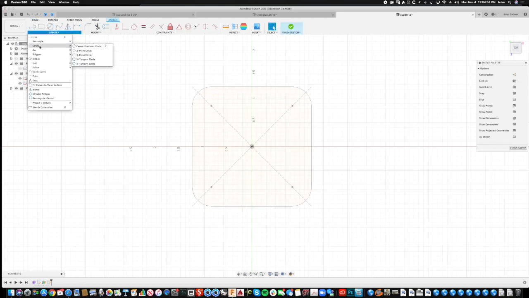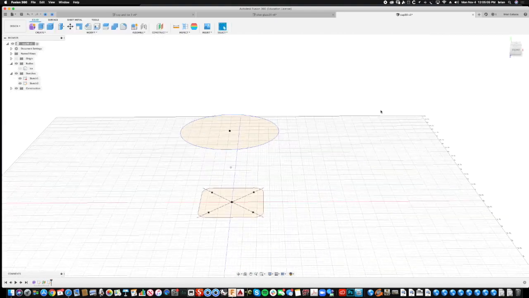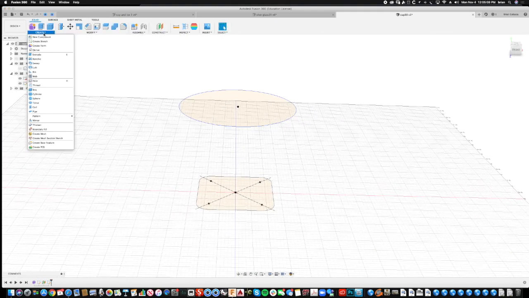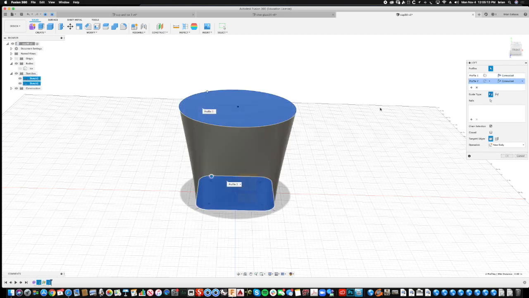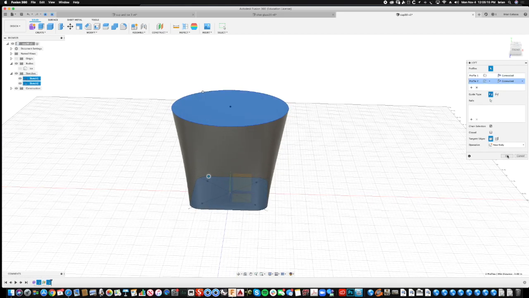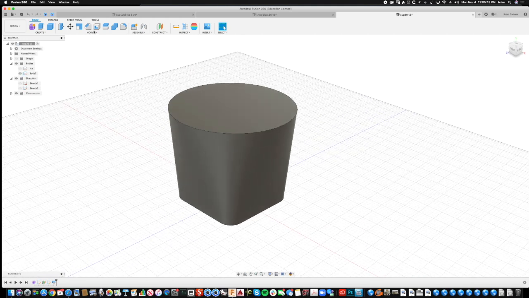Now I want to select a circle, center diameter circle, and center, and a little bit bigger. And I don't care what that dimension is, I'm just visually doing this. Finish sketch, and I've got this. Now I'm going to create a loft between this and this plane, and I got that. I'm just going to accept everything as is, and then I'm going to hollow this out with the shell tool,